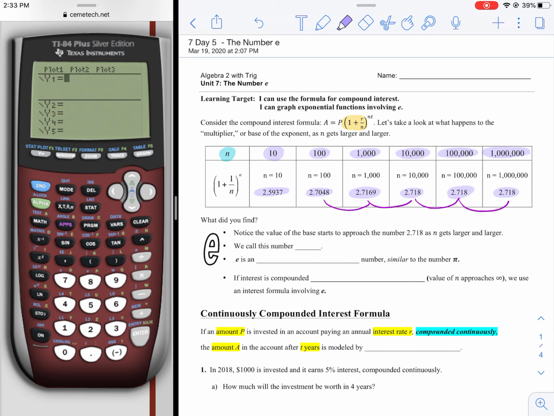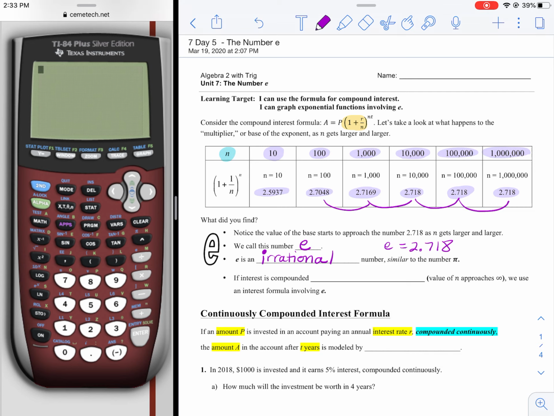So this number, 2.718, has a special name. It's kind of like the number pi. We call this number E. E is an irrational number. That means it's not a repeating decimal, and it's not something that can be written in fraction form. Very similar to pi. We think of it as 3.14, but pi actually keeps going. So we think of E as